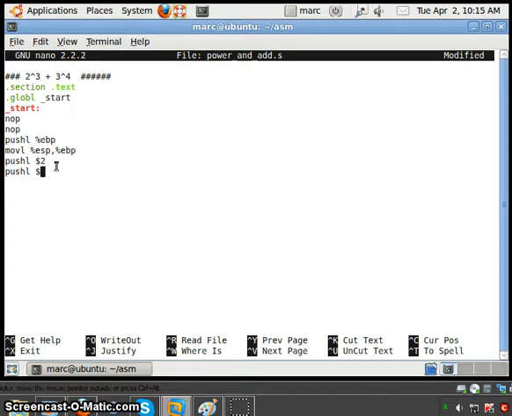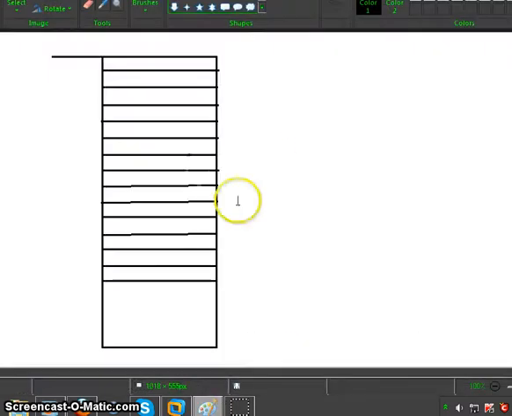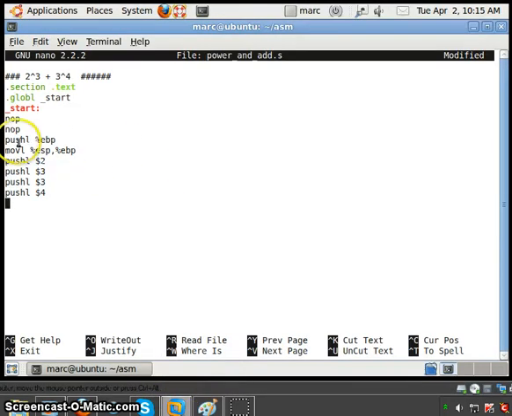We push value 3, 2 to the power 3, then again 3, and then we push the value 4 for getting the power of it. Okay, so initially what would be the outline of the program? The strategy will be like this. We'll first, okay, so let me keep explaining the program.